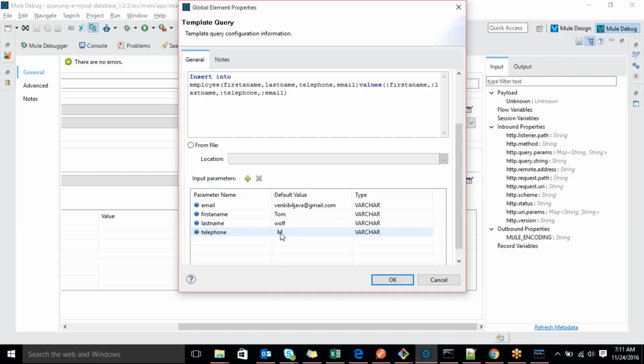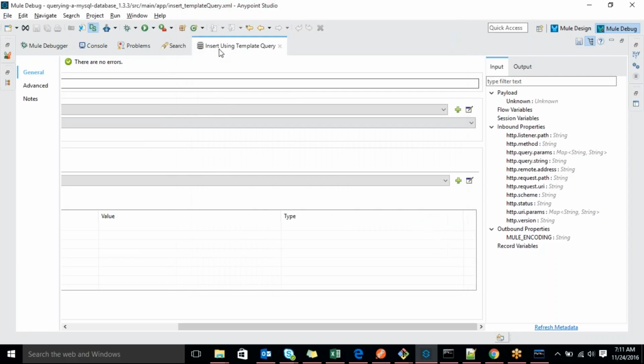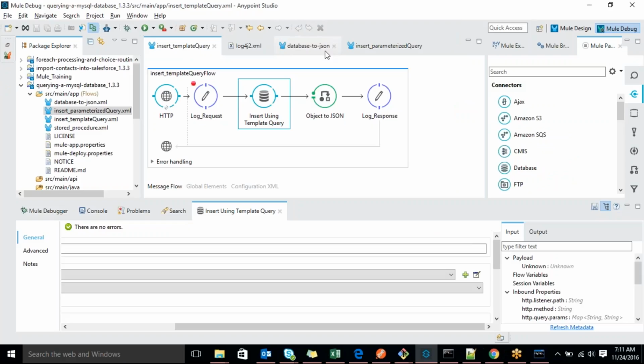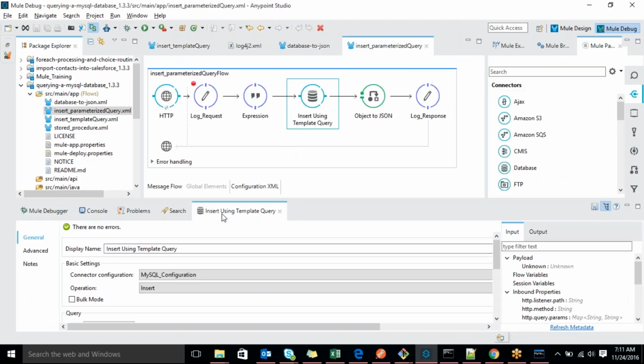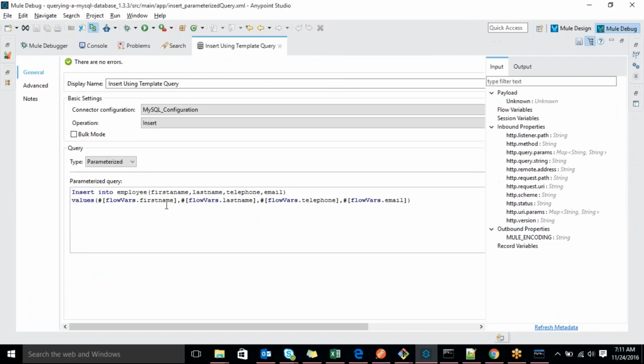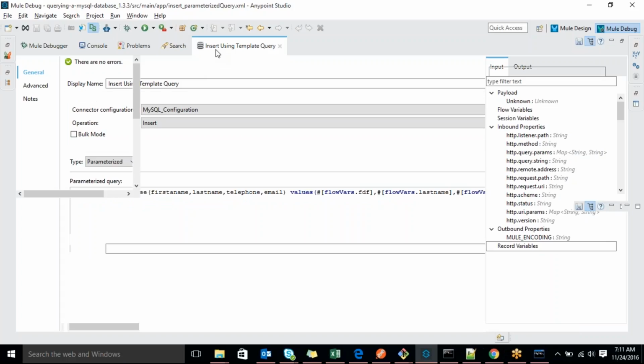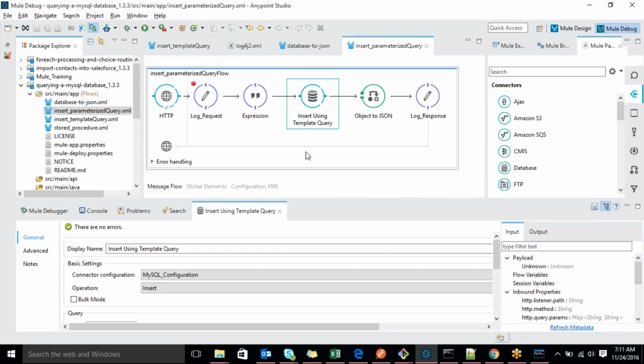I will tell you the reason for security as well. Suppose you choose the dynamic option, like this. If you change something simple here, in place of flowVars.something, it will have an effect, right? Your whole query won't work because it's unable to get the value. But in this case, each thing is separate and is not included in the query itself.